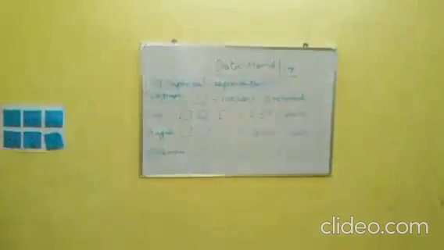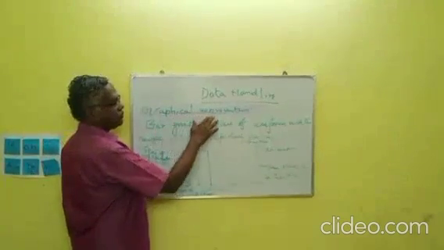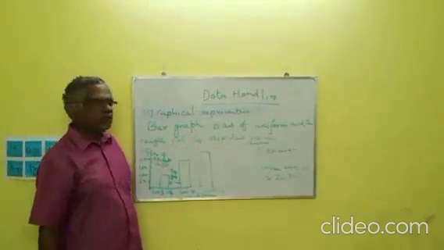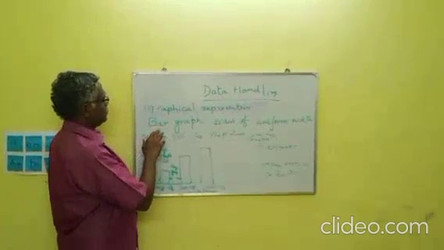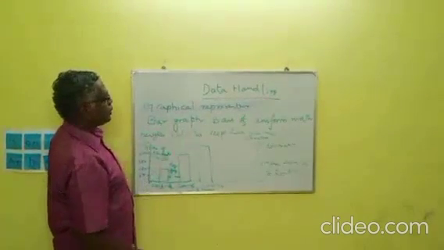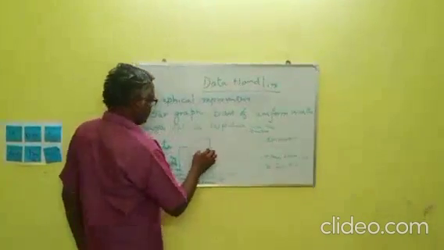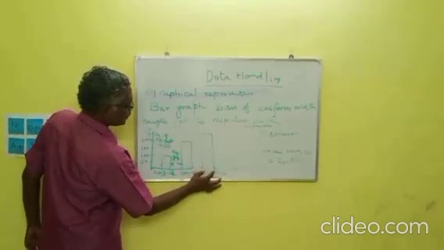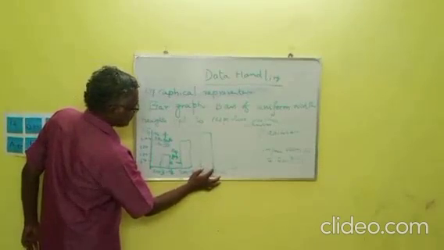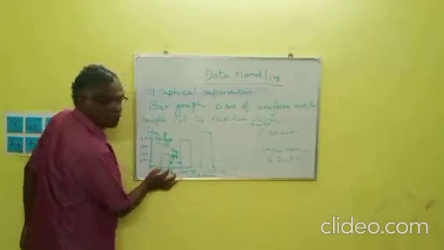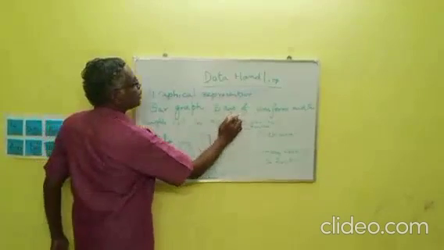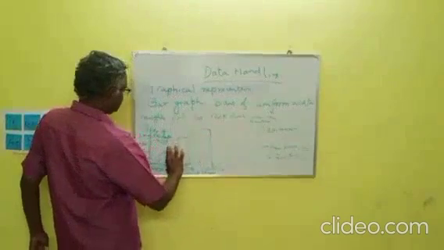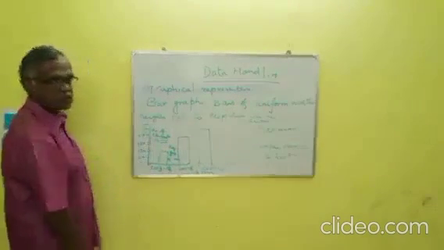Another one under the heading graphical representation. We just saw the pictorial graph before. Now we are going to see the bar graph. The bar graph description is: this is a bar, and this bar is of uniform width. What is the width here? The same width will be here. The same width will be here. So the bars are of uniform width, with heights proportional to the values on the y-axis.